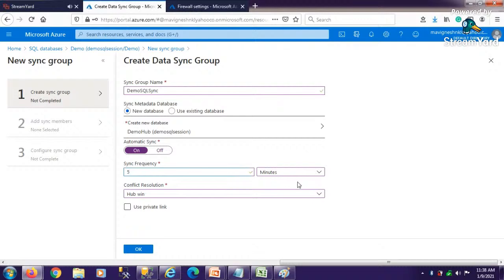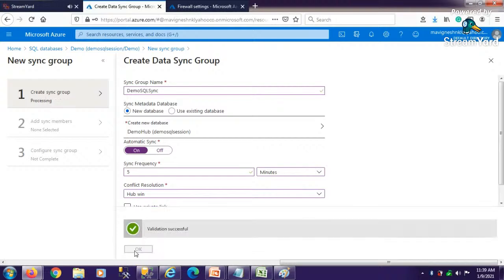We are selecting minutes, and I am selecting hub. If you click OK,